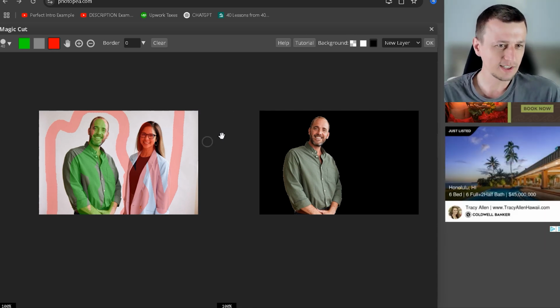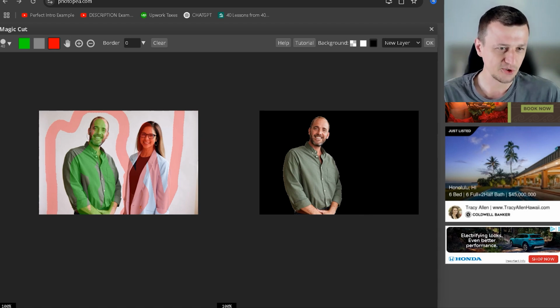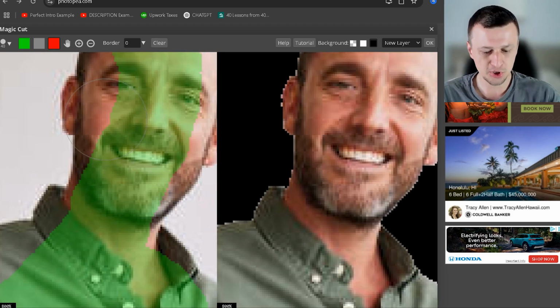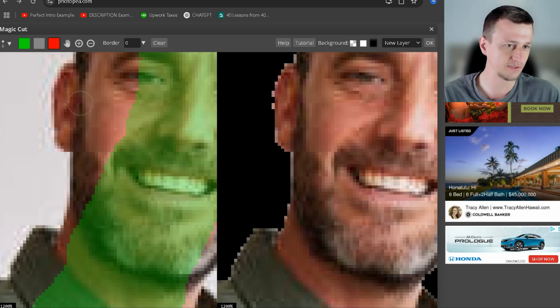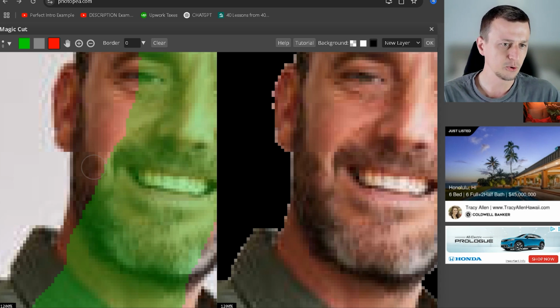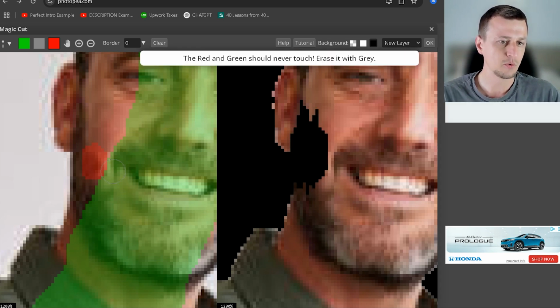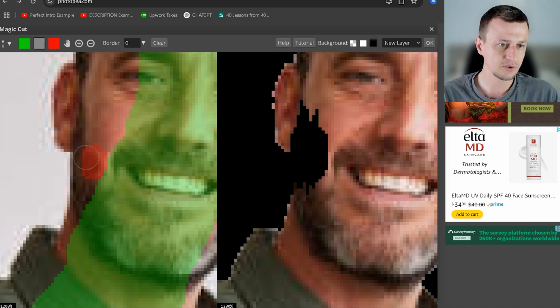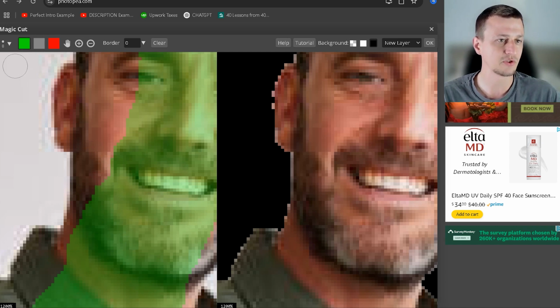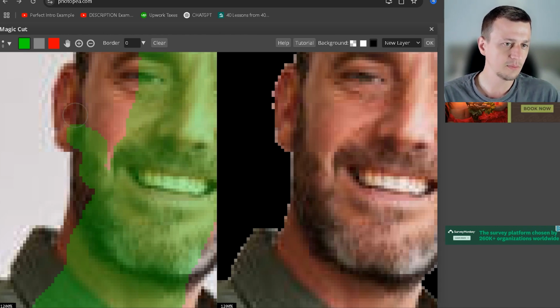If you really wanted to get nitty-gritty about it, you can zoom in, make your brush smaller, and hopefully you have a high resolution picture, because look at this, the quality of this is not very good. You got major pixelation going on. But you could zoom in. By the way, red and green cannot touch. See how it's saying that? So now I have to take the gray tool, erase that, go back to green. I meant to select green, but I accidentally took red. So what you could do is zoom in and just go right up to the edge